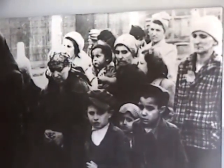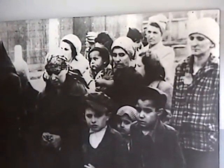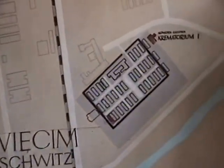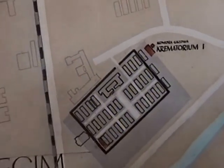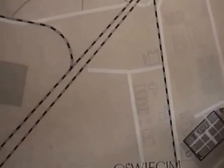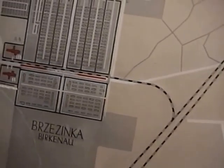Over 1.5 million people were killed at this spot. It was built right across the plant. Red spots mark the places of extermination. So the gas chamber in crematorium number 1, the wall of death and the collective gallows where executions were performed,